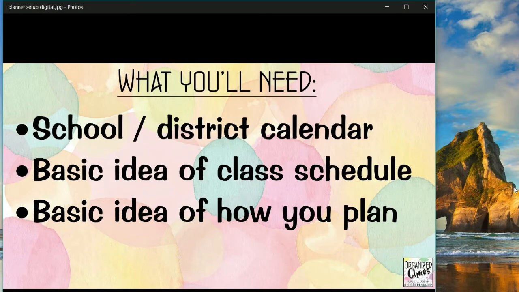Once you have downloaded your file, before you start setting up and customizing your planner to get it ready to print, you're going to want to make sure that you know at least a basic starting point for your school and district calendar. You're going to want to have a basic idea of your class schedule and a basic idea of how you plan. So you're going to want to actually think through your class schedule and your planning style as you're choosing